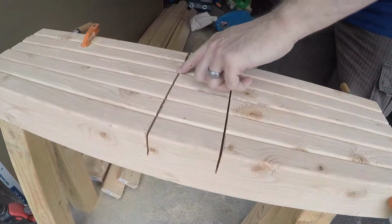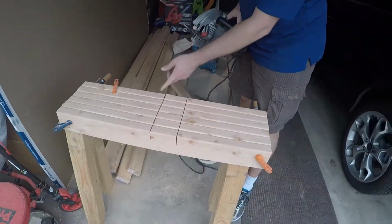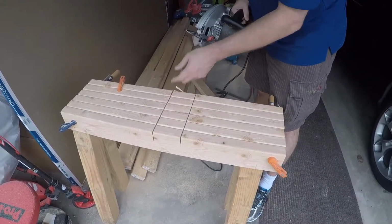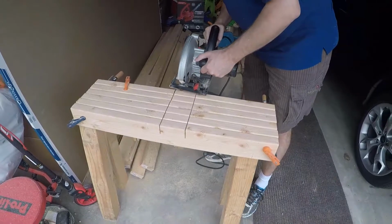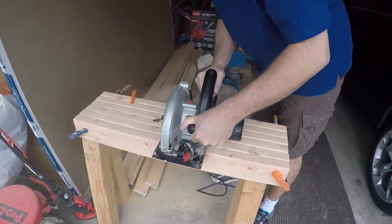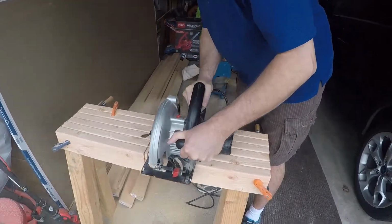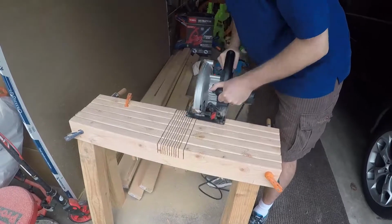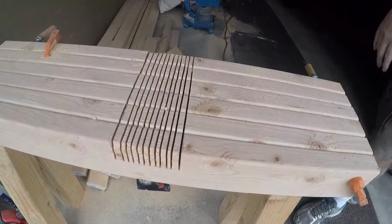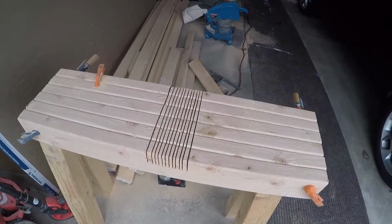Okay, so I got the two edges, so now I need to cut out in between. What I usually do, if I don't have the right tools I would like to have, is just kind of cut little edges, and then I snap it, but you'll see that here in a second as I do this. There we go. It makes a lot of sawdust. So, next thing I do